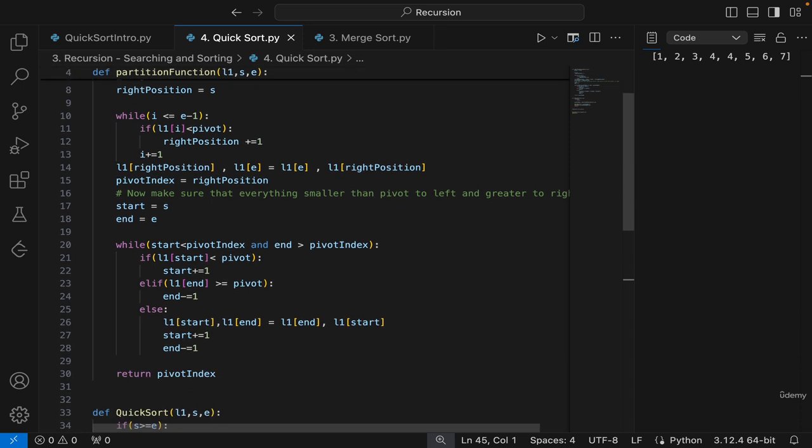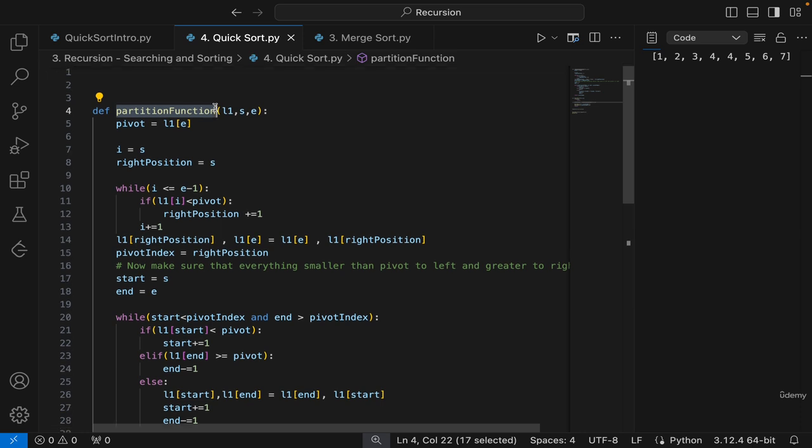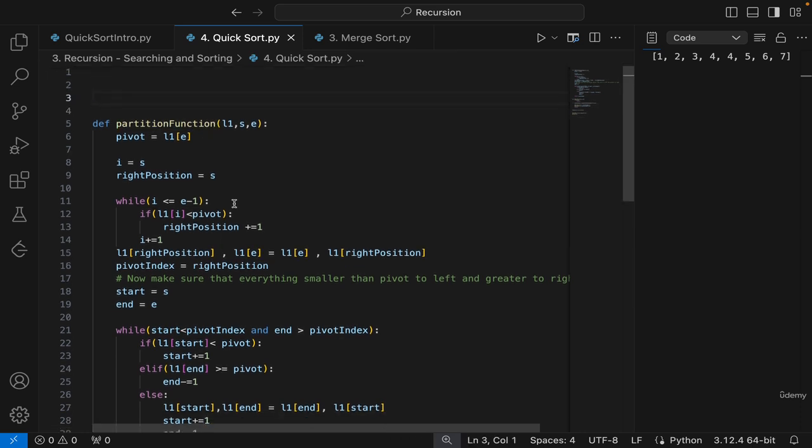Now, one thing more I would like to show, same thing which I showed you in merge sort. The way we have understood recursion and the way you are writing a partition function, you can actually test it individually as well. Okay. How you can do that? Pay attention everyone. So let's say,